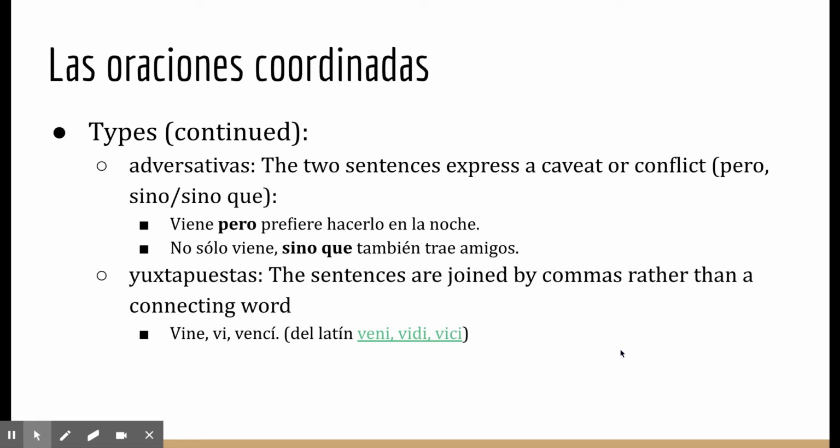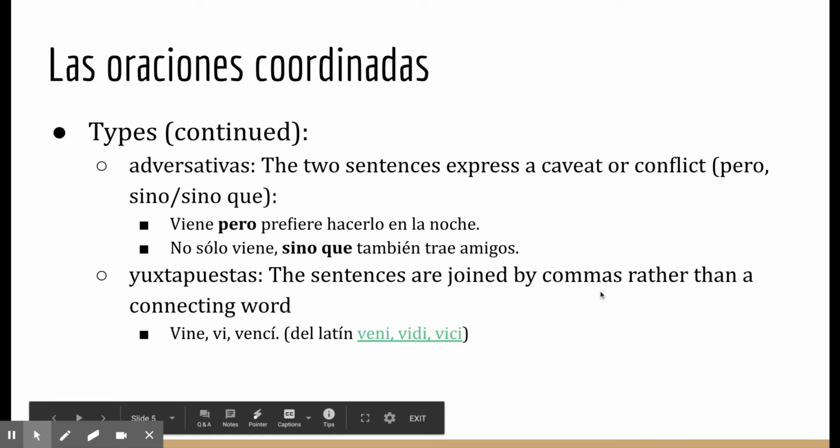vici. Anyway, all that is to say, these are compound coordinate sentences, where if you split up those sentences, if you took out the connecting word, you'd still have two complete sentences, right? So viene, complete sentence. Prefiere hacerlo en la noche, complete sentence. And then viene, también trae amigos. So if you take out all the connecting words, you still have complete sentences. Now,